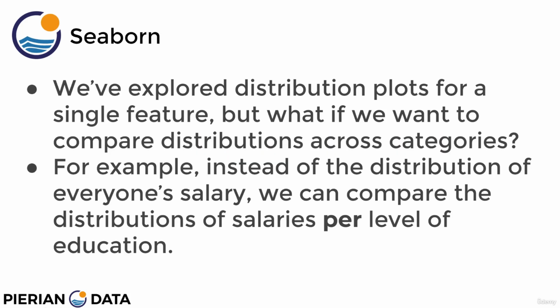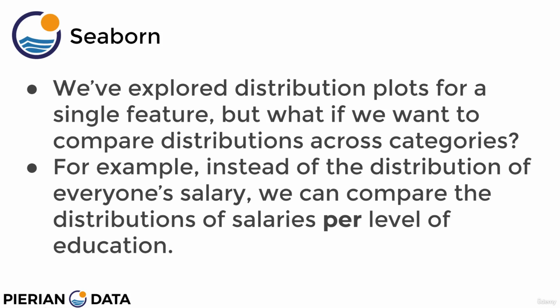Now we've already explored distribution plots for a single feature, such as a histogram or KDE plot. But what happens if we want to actually compare distributions across categories? For example, previously, we explored the distribution of everyone's salary. We took the entire salary column and then created a histogram of it. But what happens if I want to compare distributions of salaries per a category, such as salaries per level of education? Well, in theory, I could just separate out the data frames themselves and then create a histogram for each